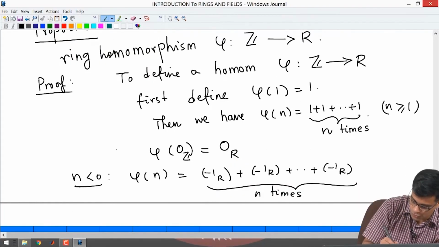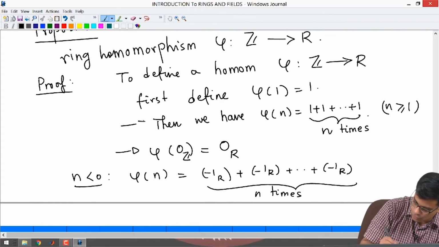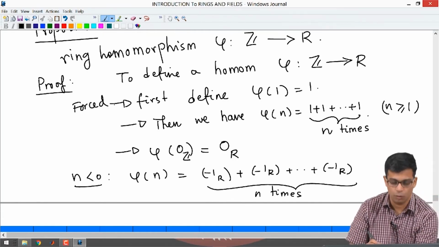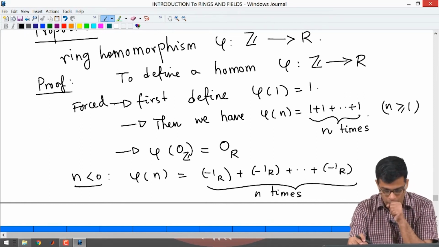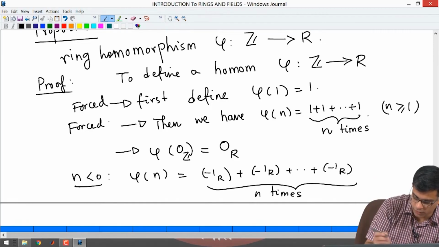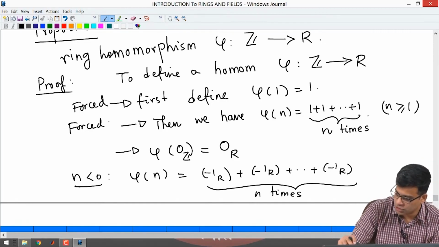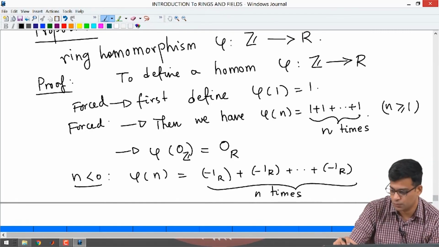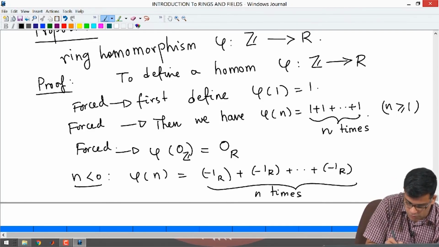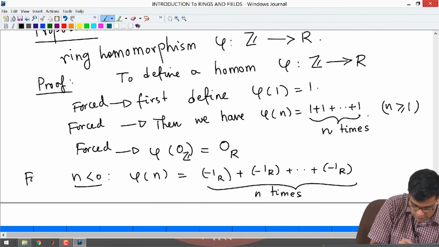So, this is also forced, by which I mean forced by the ring homomorphism properties. 1 must go to 1, that is forced. Once 1 goes to 1, phi of n for positive n must go to 1 plus 1 plus 1, n times, that is forced. 0 must go to 0, that is forced, and so is this,